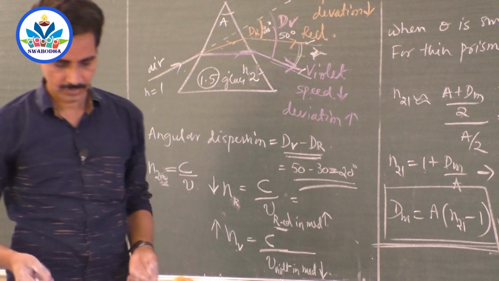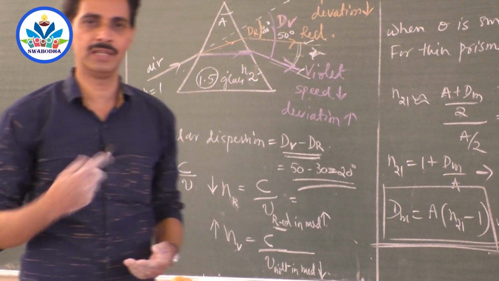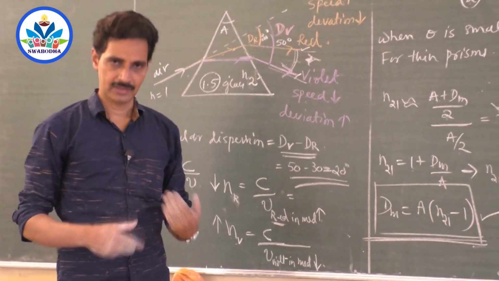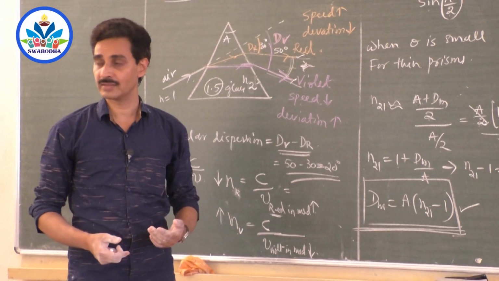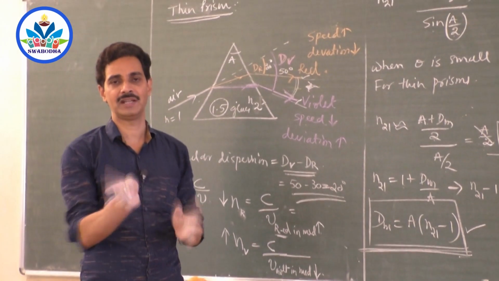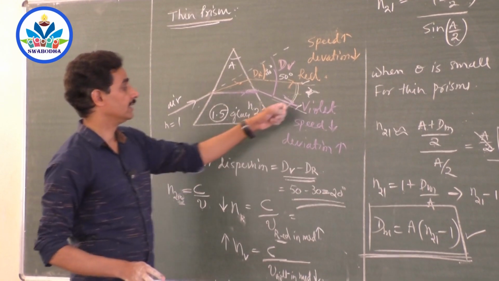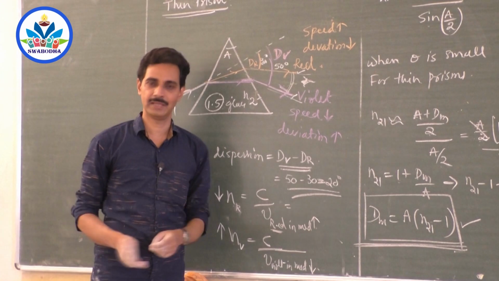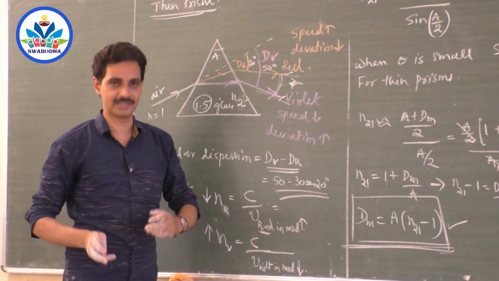Very simple. When a ray of light travels from air to any medium, the velocity of different colors in the medium are different. Hence the refractive index of the medium is different for different colors. So different colors bend to different angles. So we get different colors in different positions. Hence the dispersion occurs. Very simple explanation. You will have so many differences in the answer.